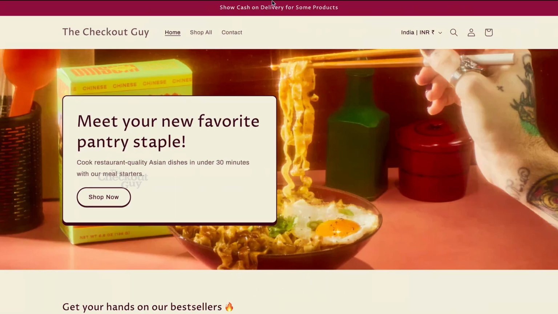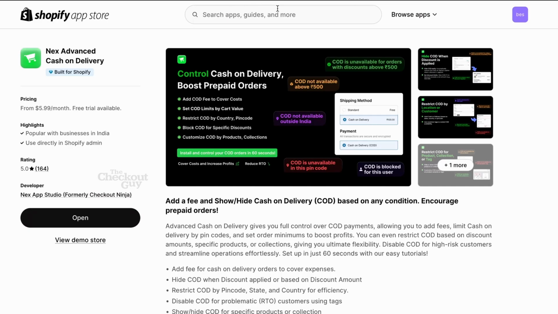In this video, I will show you how to show cash on delivery only for some products. For all other products, it will be disabled or hidden, right? So for this, I'm using the Nex Advanced Cash on Delivery app from Shopify App Store. You can also install this app from Shopify App Store, or I also attach the app link in the description